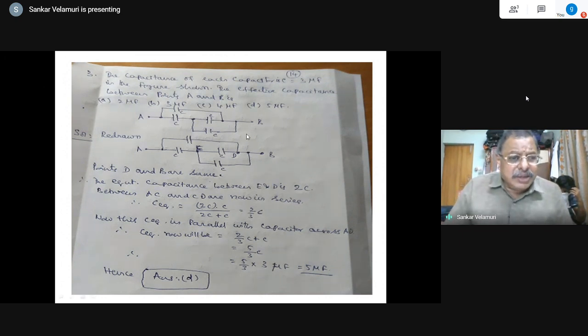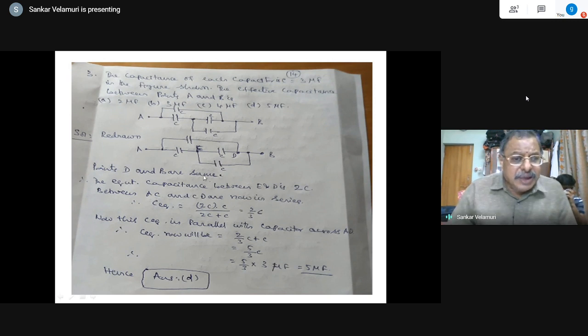So I repeat the solution here. For this problem, the circuit is drawn like this. It appears that A, C, D are in delta connection, but D and B are the same point. These two appear to be in parallel. That's how I could find this solution. There is no element here. If there were an element between them, there would be another junction, and we would need to solve in a different way. Luckily, there is no element, so these two are considered to be in parallel. The parallel equivalent is 2C because the equivalent capacitances add.